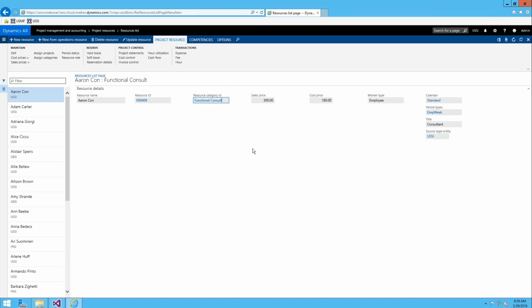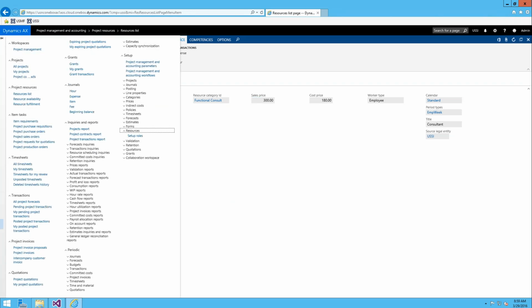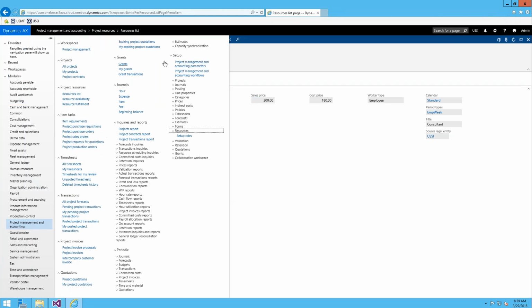And now let's just set up a price for a sales price and a cost price. We'll just set up a sales price because cost price is the same concept. So you can see that he's already getting some default information of a cost price and a sales price, but we know functional consultants bill in at a higher rate than 300. They bill in at 350. So if we jump to our pricing tables, so if we go under setup, prices, and we'll say sales price hours,